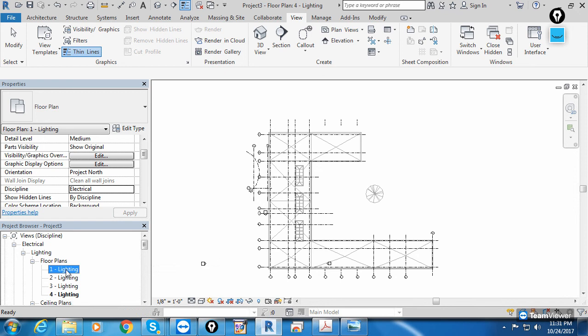Okay, so why are we creating the views? We create views at the time of working to avoid confusion for multiple views, but we are working with the same building, same area. It does not mean that once you duplicate, you can delete anything. No, if you delete from any level one duplicate view, it will be deleted from the project.